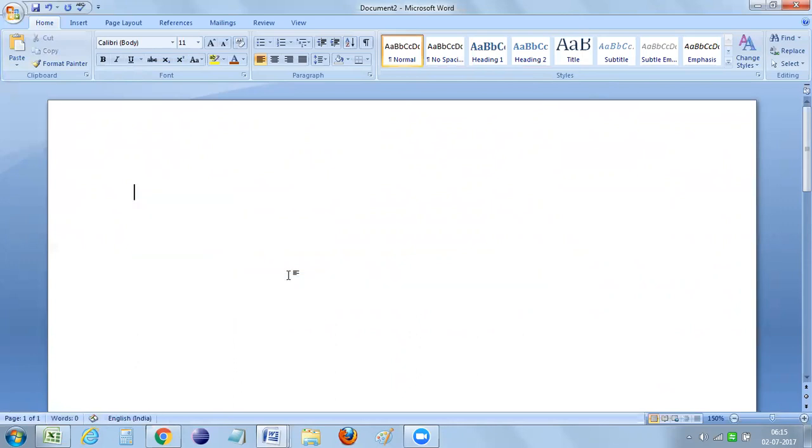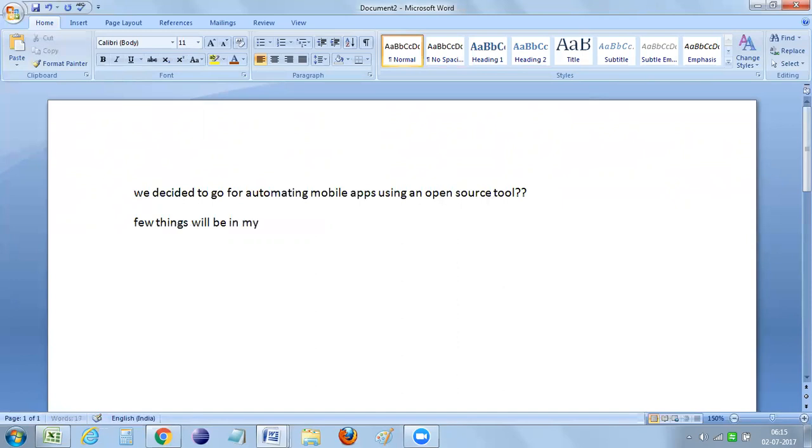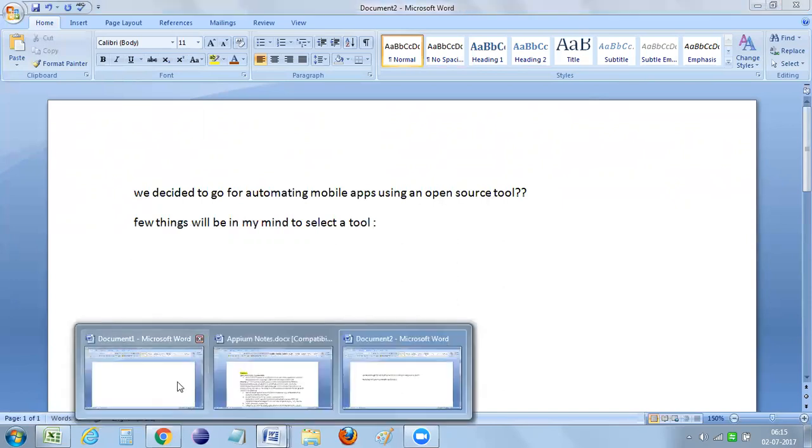So assume that in our organization we decided to go for automating mobile apps using an open source tool. In such cases, a few things will be in my mind to select a tool. So what are all those things I need to consider in order to select any kind